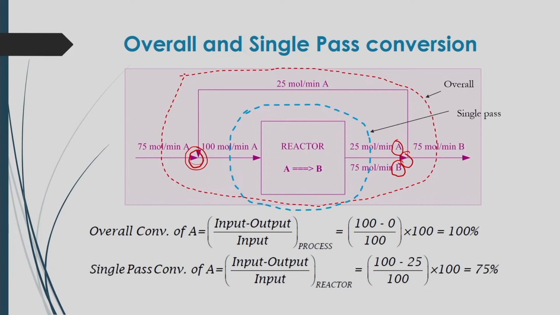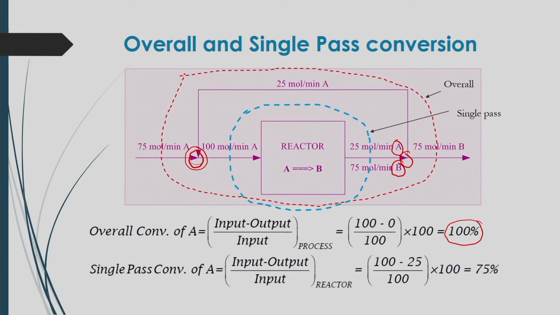So, here you will see that input is coming as 100 mole per minute, whereas output is 0 specifically for component A. So, here (100 minus 0) by 100, multiplied by 100, that means it will be 100% overall conversion. Whereas, if you are considering a single pass conversion, that means